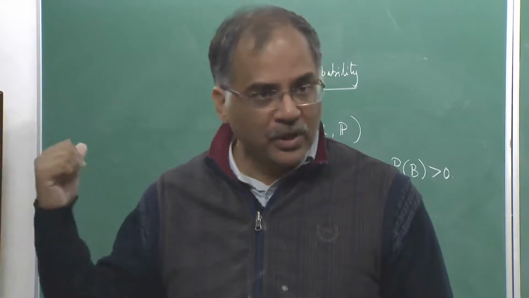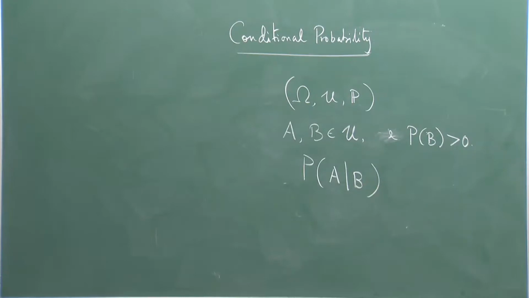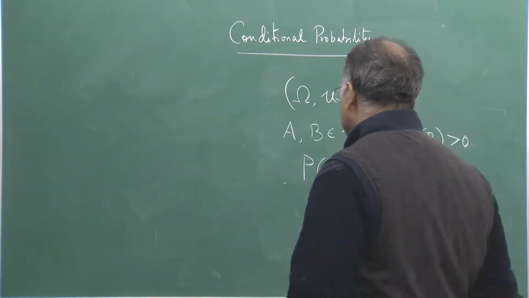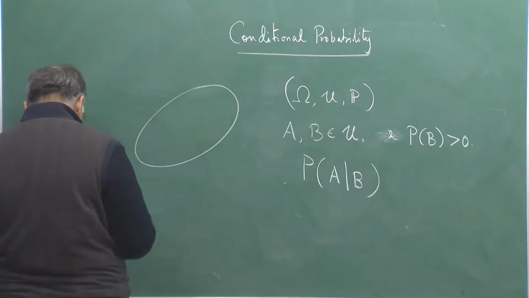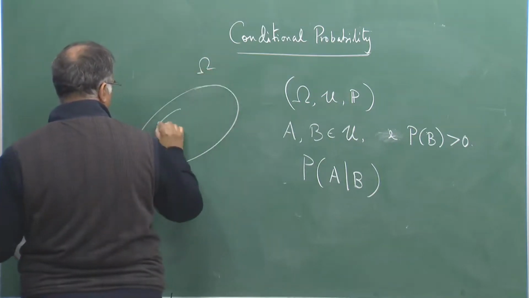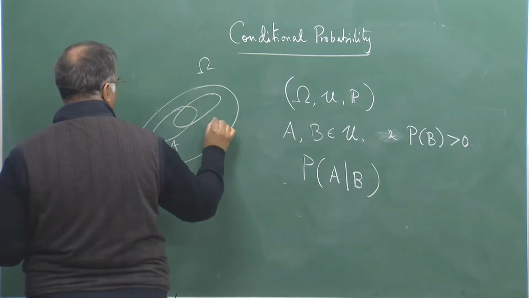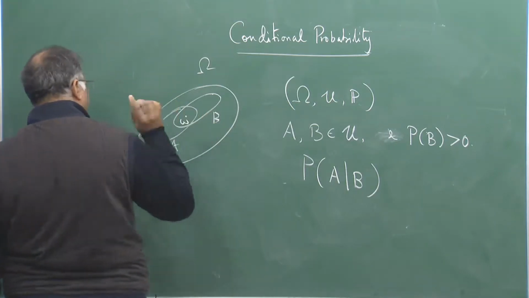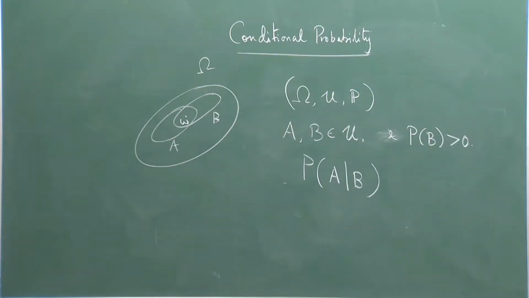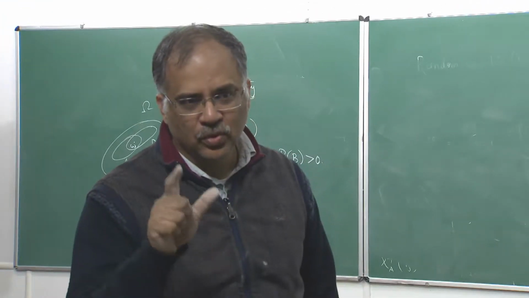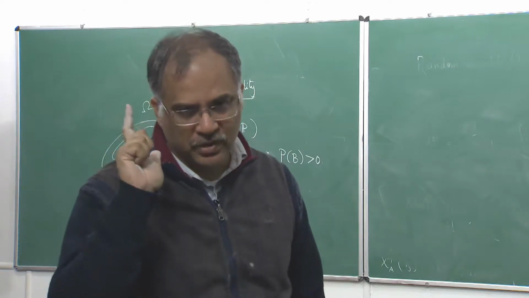The question we ask by asking for the probability of A given B is: what is the probability that omega is also in A? Here you have your omega, and here you have your A and here you have your B. So if omega is in A, what is the probability that omega is in B? So omega must be in an area where A and B both can occur. So we then have to think of joint occurrence of events, right.